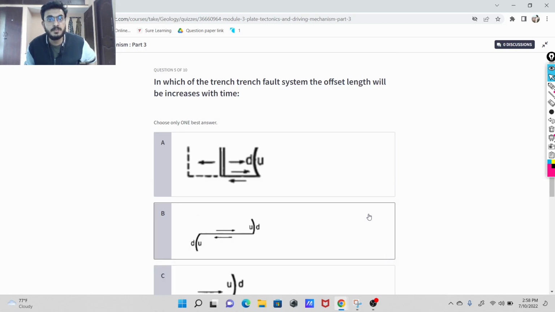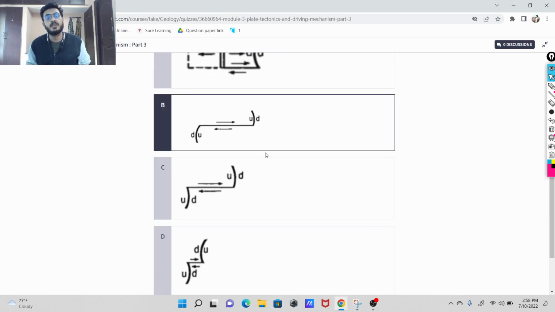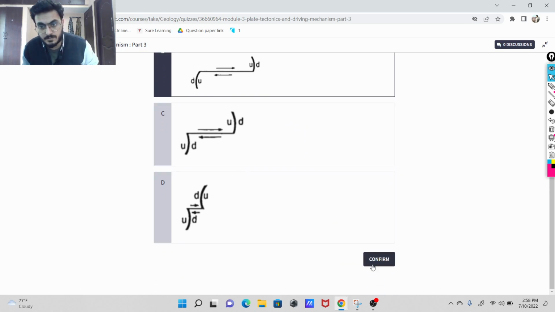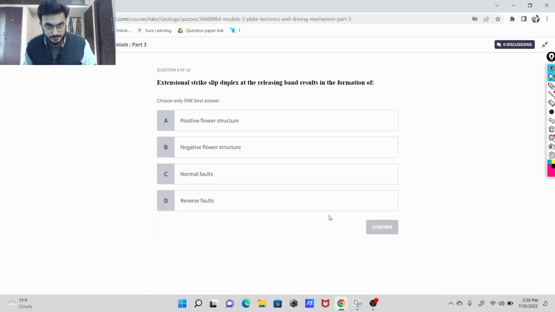Let's move to the next question. In which of the trench systems will the offset length increase with time? So in this trench system, your offset length will increase. Now, extensional strike-slip duplex at the releasing bend results in the formation of